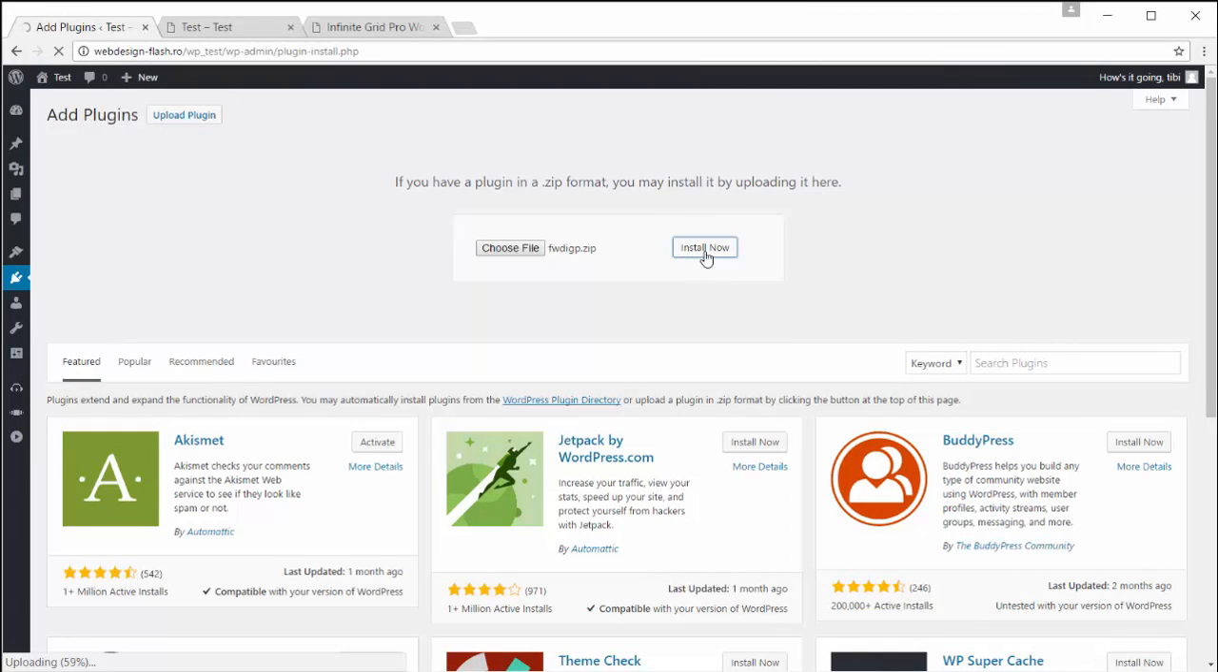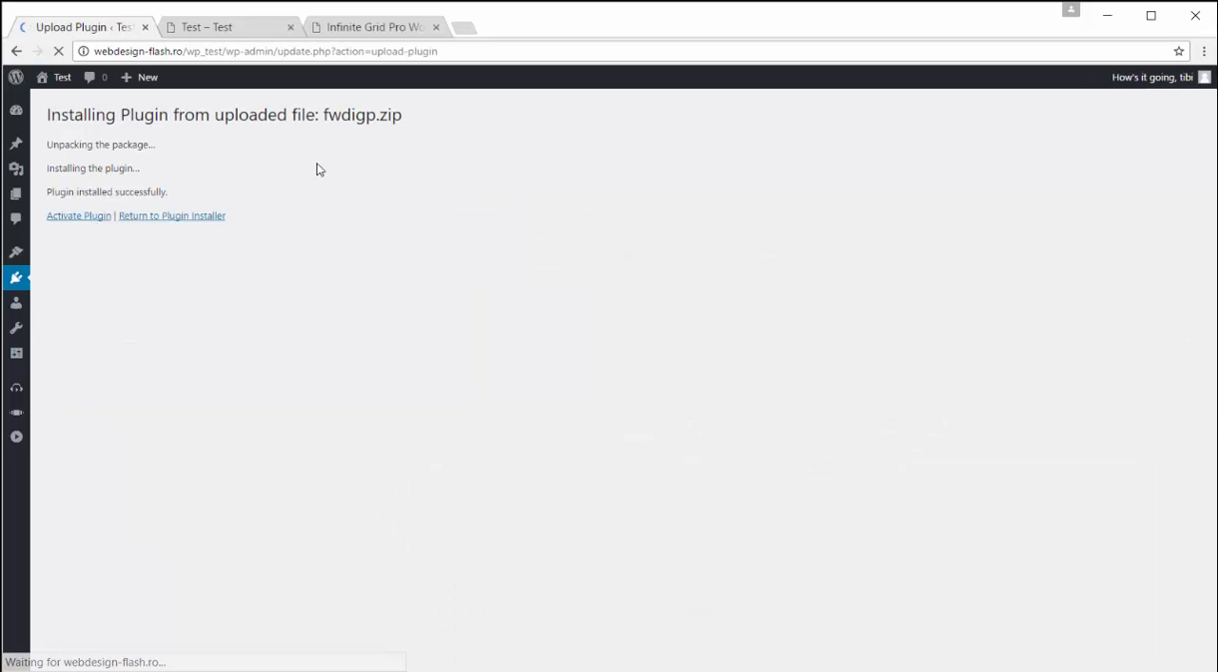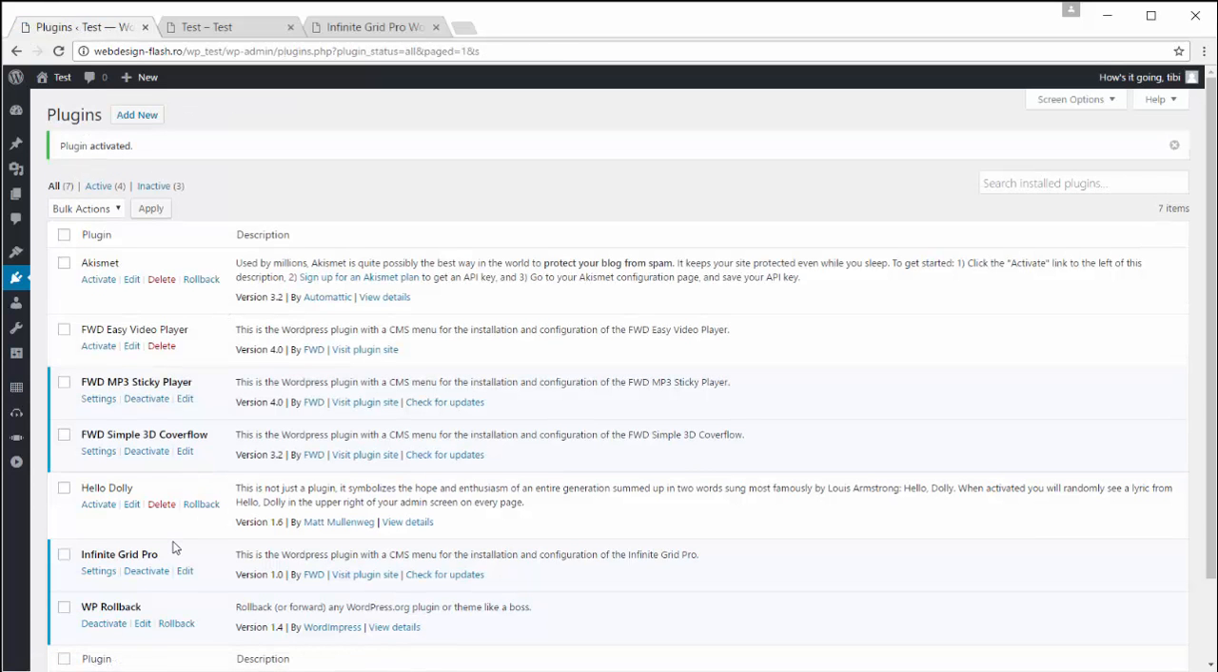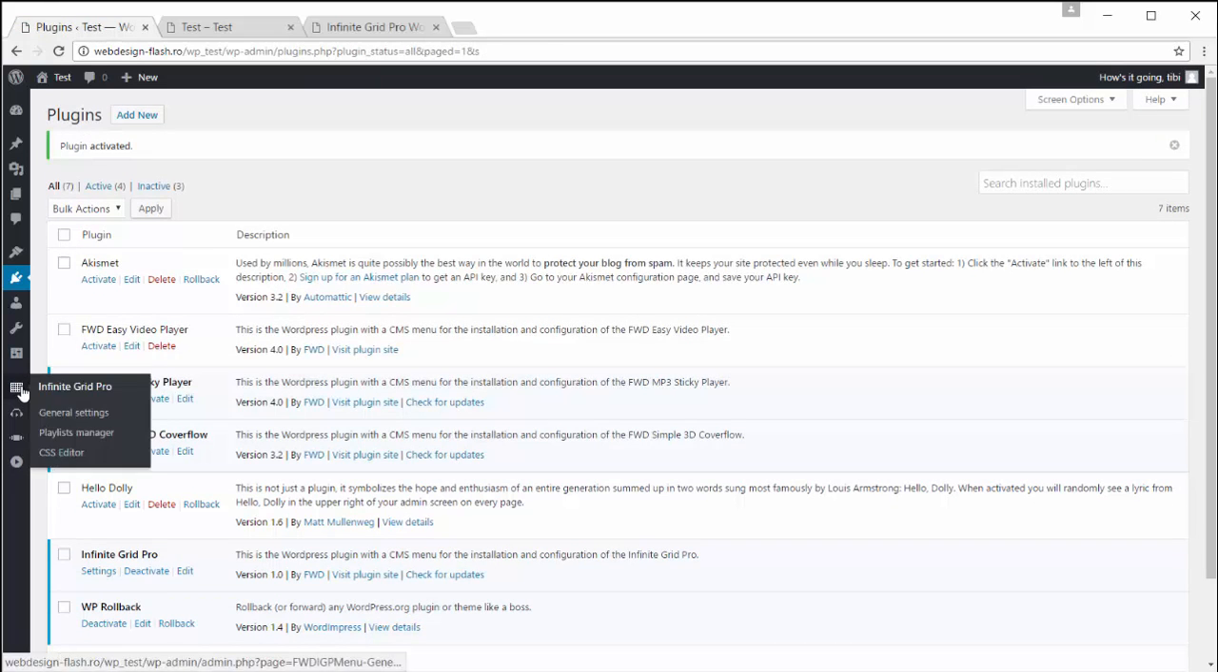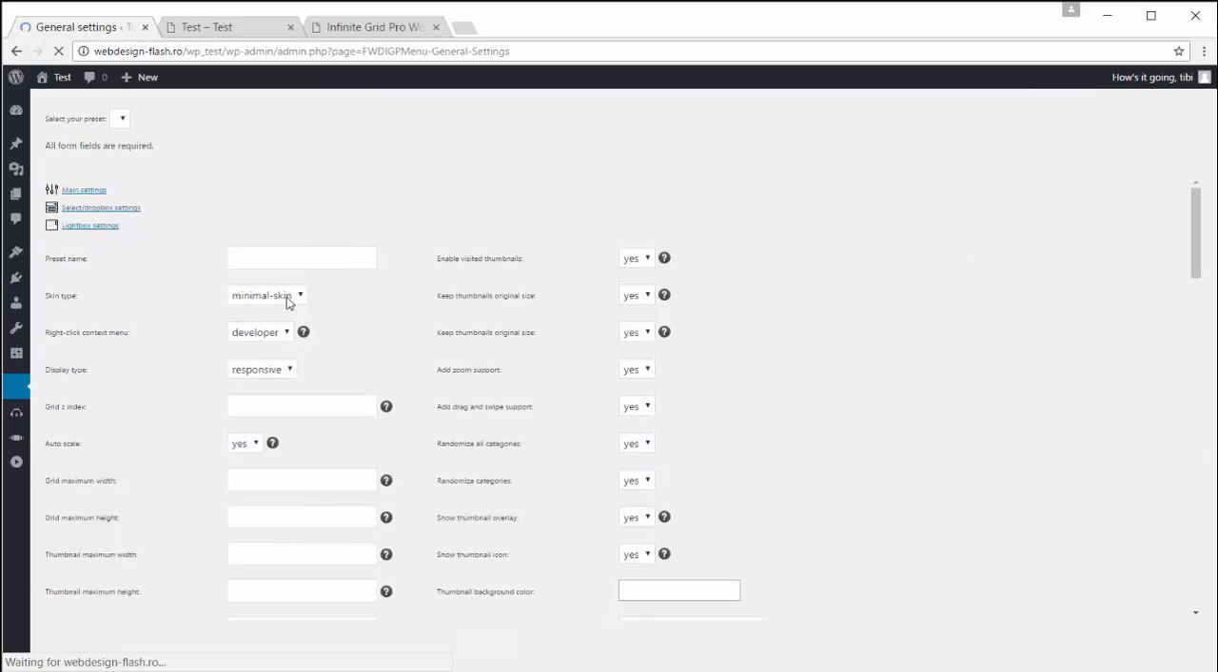So yeah, it's installing. It's installed. Activate the plugin. And here it is in the menu. So the grid has 3 sections: general settings, playlist settings, and CSS editor. The general settings is where